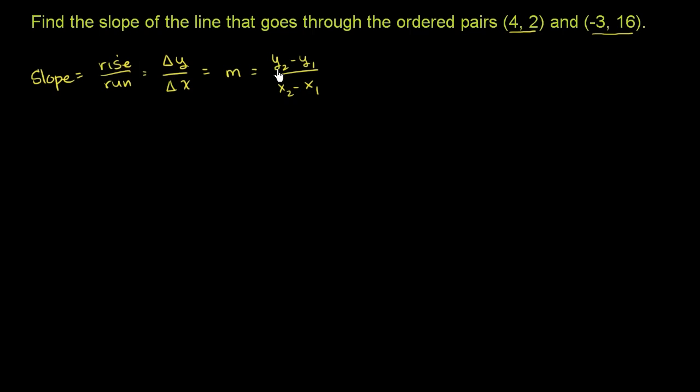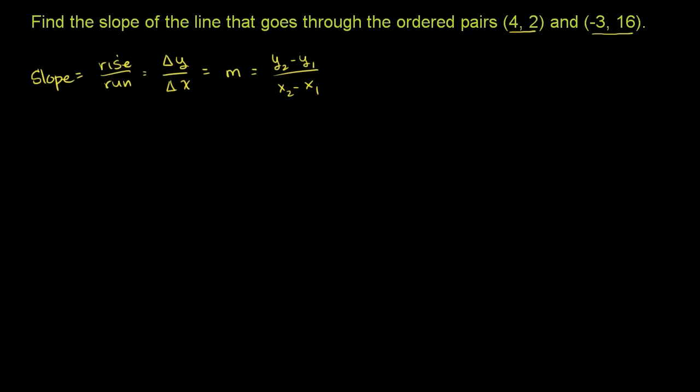But all this means is you take the y value of your endpoint and subtract from it the y value of your starting point. That will essentially give you your change in y. And it says take the x value of your endpoint and subtract from that the x value of your starting point. And that'll give you change in x. So whatever of these work for you, let's actually figure out the slope of the line that goes through these